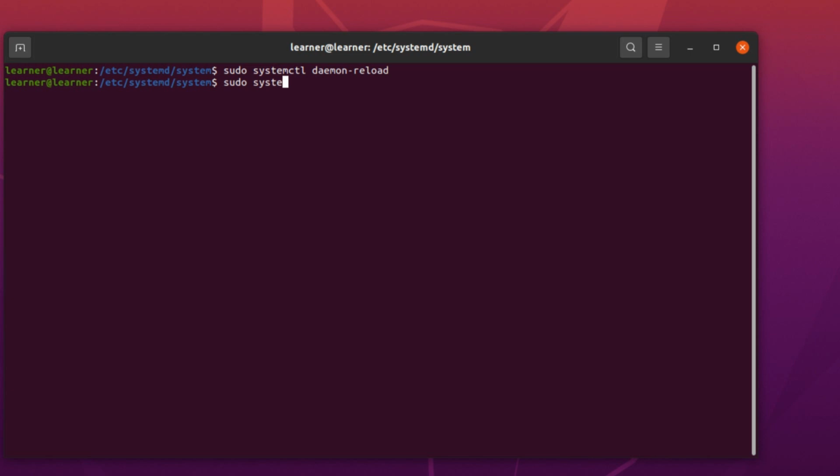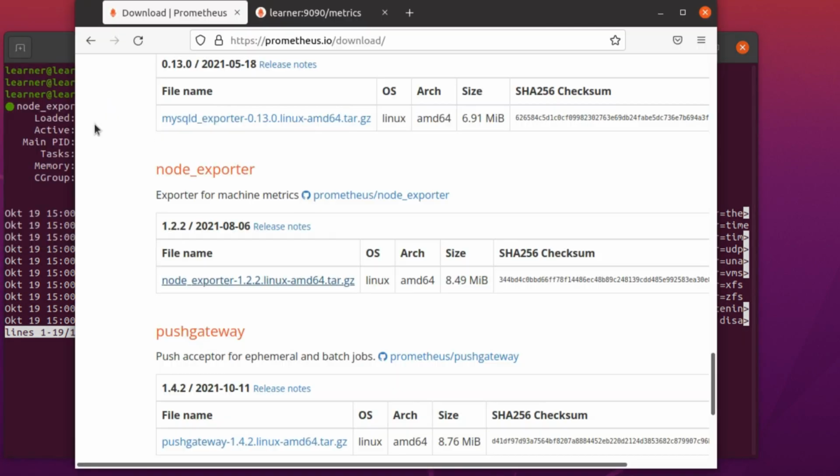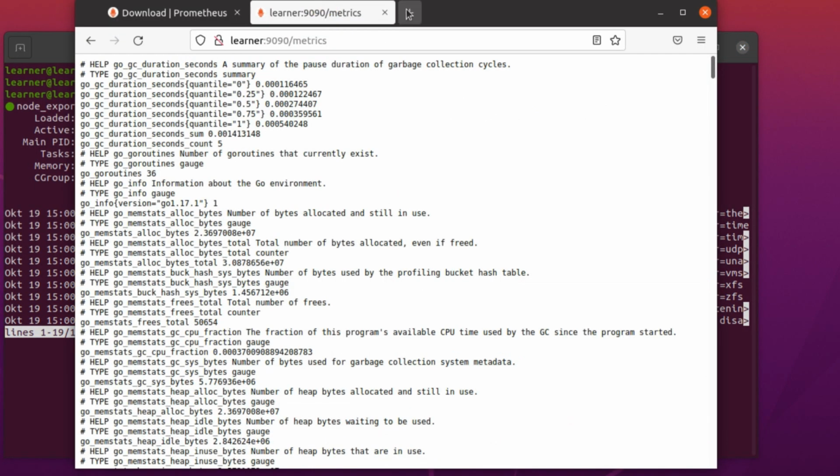Sudo, this time we start our node exporter service, and I press enter, and we check if it runs. So you see node exporter is running, and node exporter will be by default, if I'm right, under,